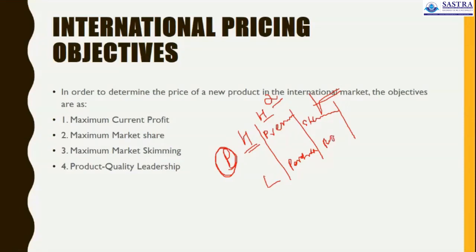So in that particular thing, you can take how the skimming, penetration, economy, and premium pricing are different. So you need to understand from this particular aspect. Like you can take the premium category. You can take the example of Parker pens. Relatively, the other brands are available in the market.